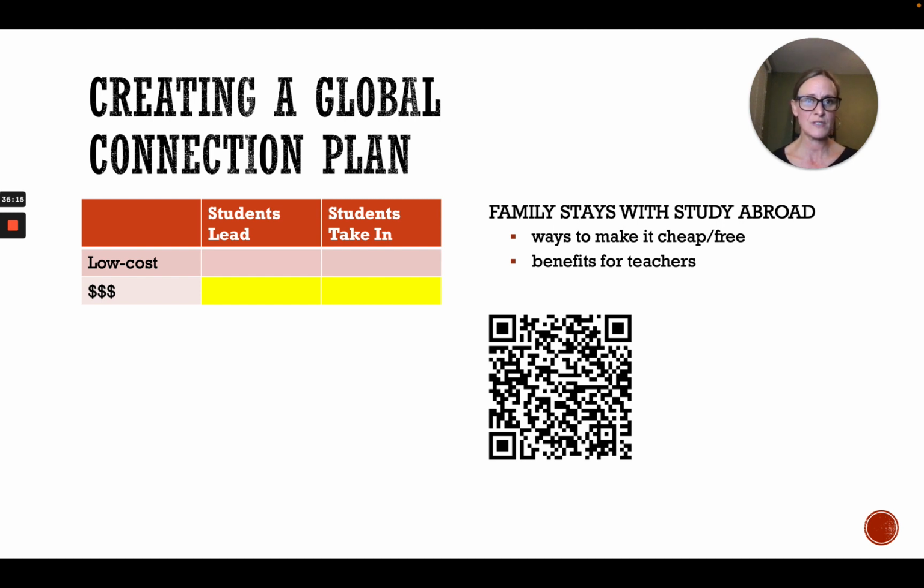But I've had students apply and get full scholarships. So all they have to come up with is their passport and a plane ticket. The rest of it is covered for them. They live with a family. I have had students apply and get partial scholarships, 10, 20, 30, 70% scholarships. And I always tell students, just apply.